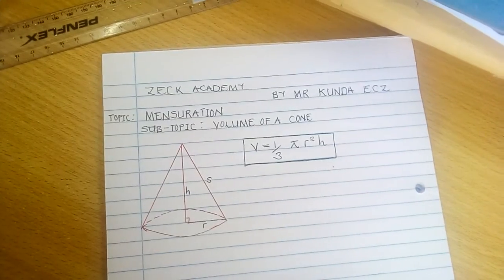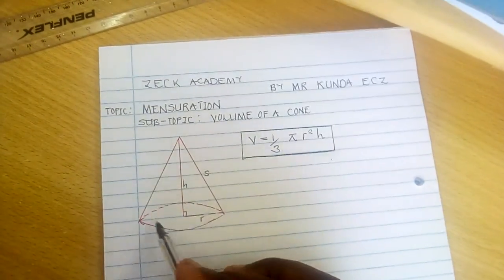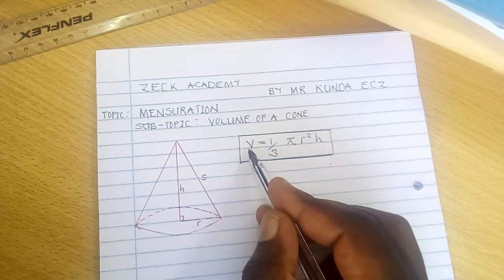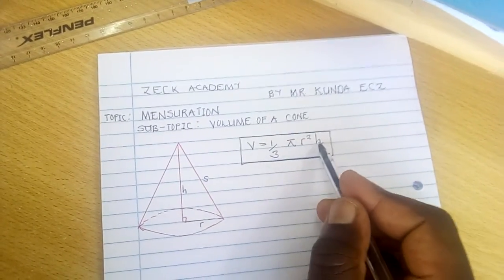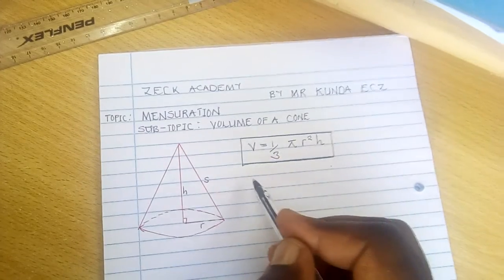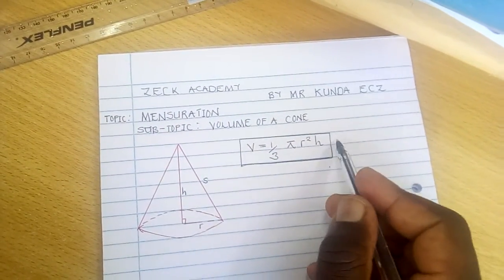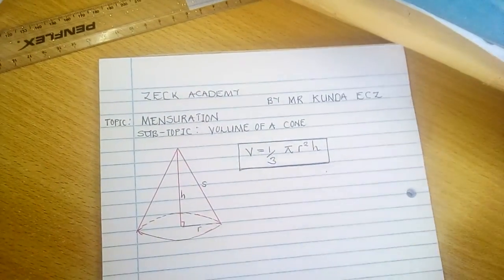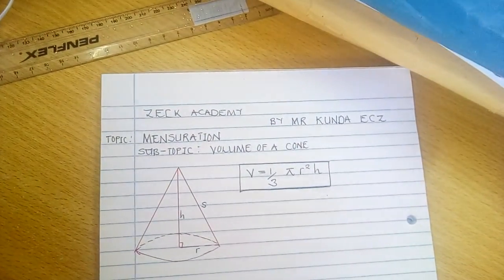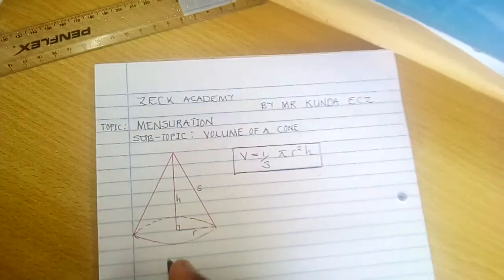So if we are discussing the volume of a cone, the volume of a cone is given by pi r squared h. The volume of a cone is pi r squared h. So if that is the case, if we are to determine the volume of the cone, you say